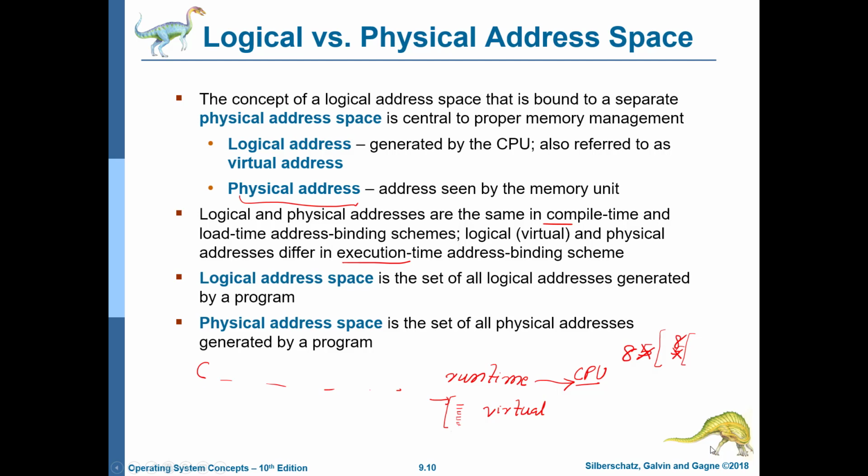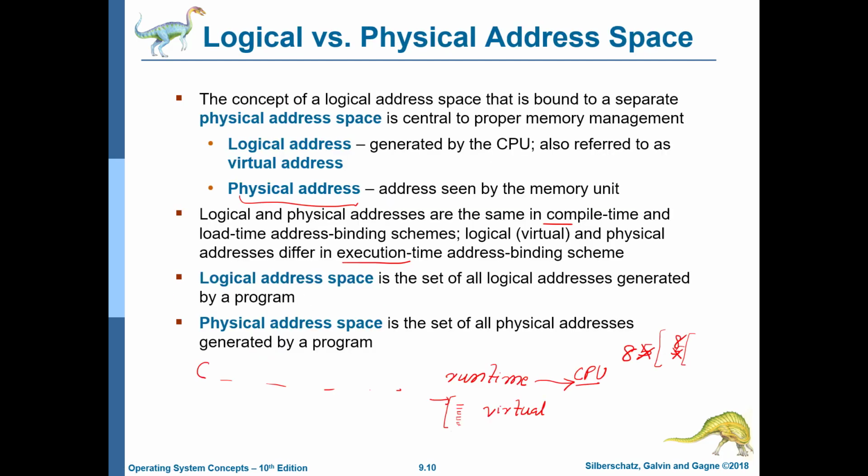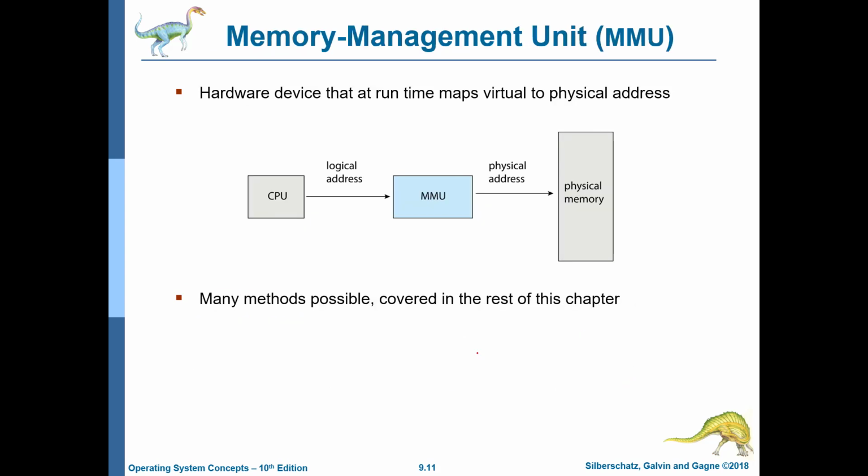So because of the conflict, needless to say, it is problematic. It can lead to errors in the execution as well as it can lead to one process stealing the data of another process. So that's why the address that is presented to the CPU needs to undergo a translation. So think of this as a memory management subsystem. So this is a simple piece of hardware and software, but it's traditionally referred to as the MMU.